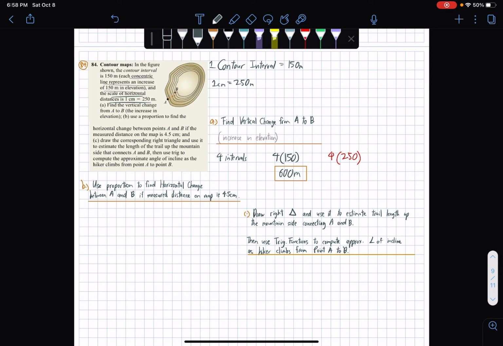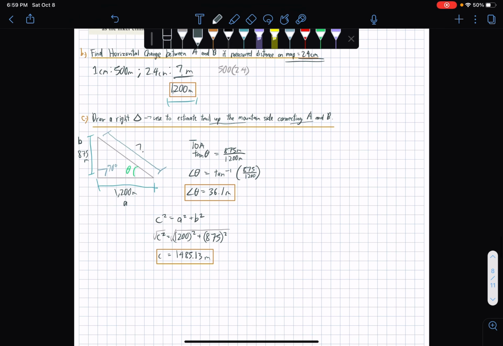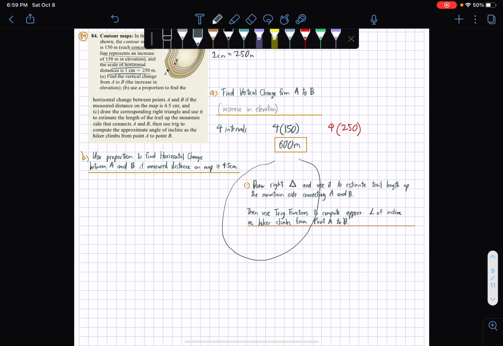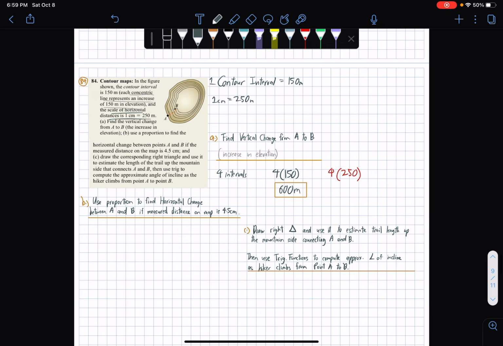Since if you compute for the hypotenuse, wherein your vertical change is wrong, then of course the hypotenuse would also be wrong. Might as well the angle for number 84. Anyways,